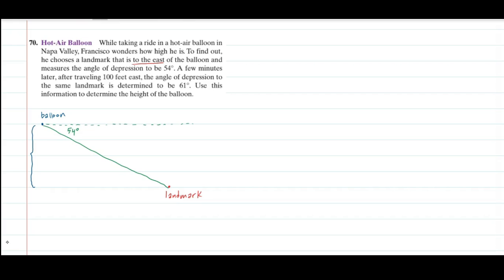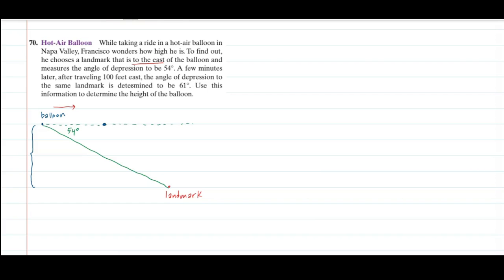Now, it says a few minutes later, after traveling 100 feet east. Let's pause here. The balloon has traveled 100 feet east, so first off, he's moving in that direction. He's getting closer to the landmark because the landmark was to the east of the balloon and he's moved more east. So now, just to exaggerate it a little bit, let's suppose that he's at that new blue dot. Him being closer to that landmark is one thing,